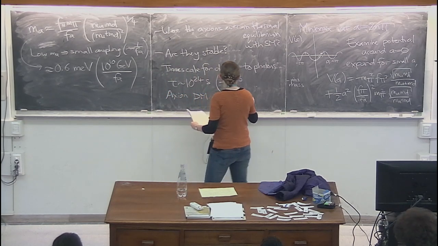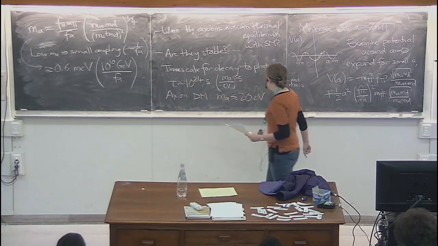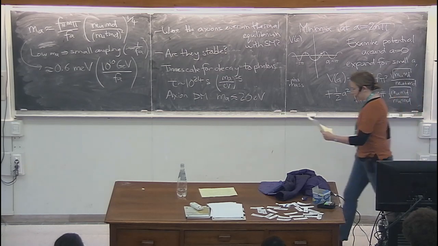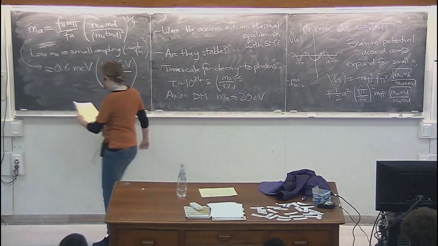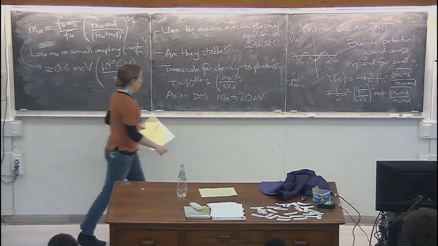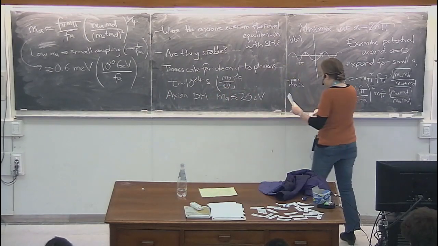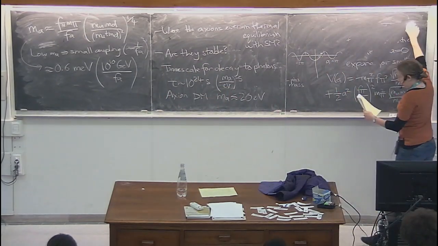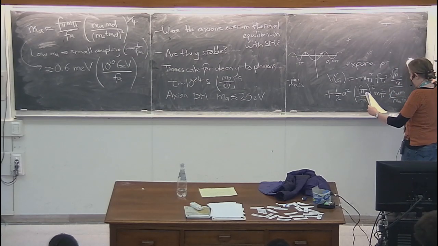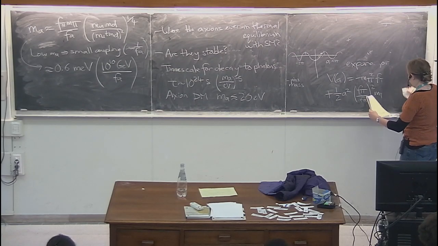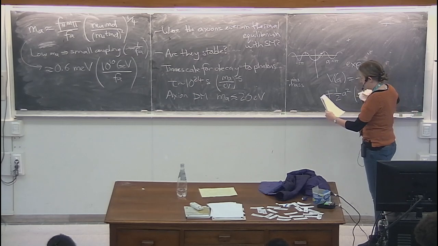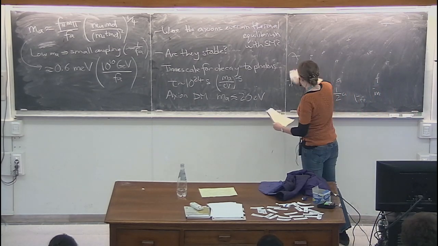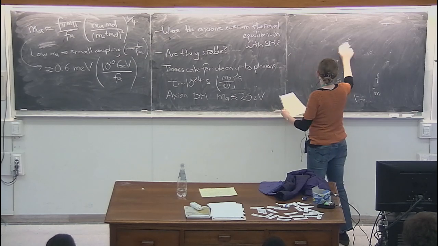Now, you can also ask the question about whether they were in thermal equilibrium. You have to do a little bit more work, but you can show that if the axions are heavier than about a milli eV, or 10^-3 to 10^-2 eV, then the axions can attain equilibrium with the standard model. They couple well enough to do that, and so in that case they act as a hot dark matter candidate.